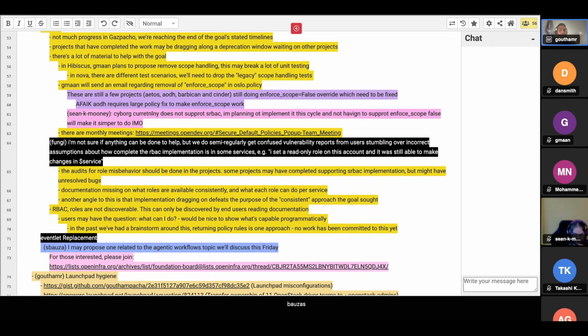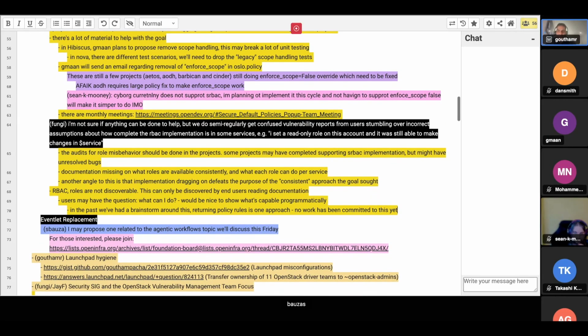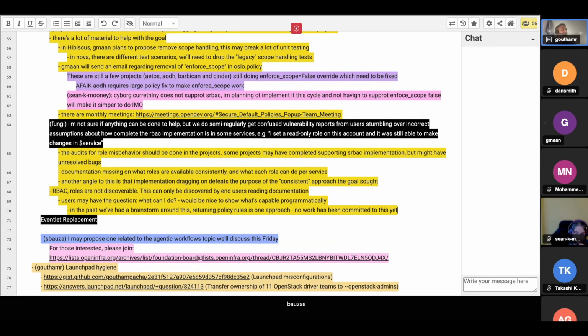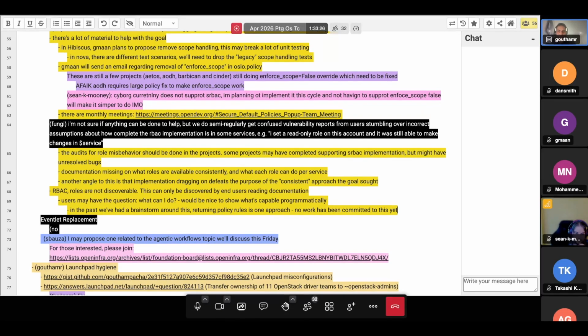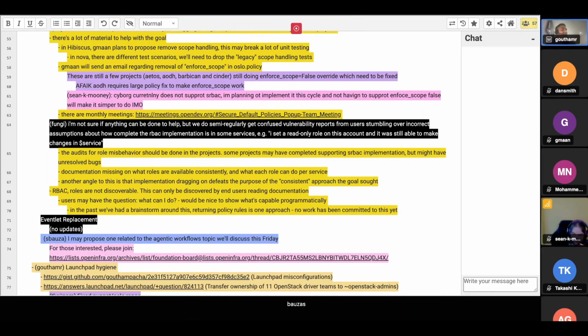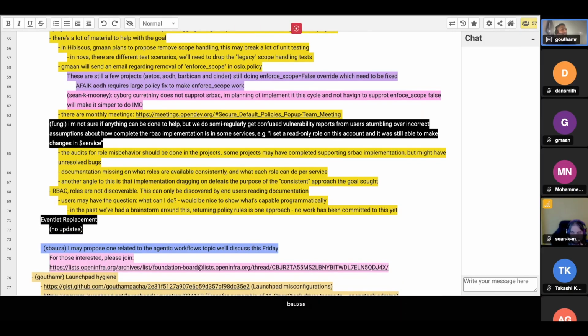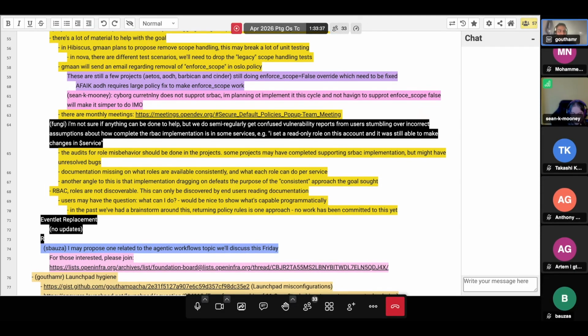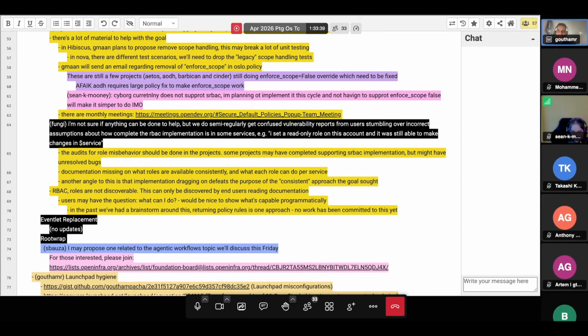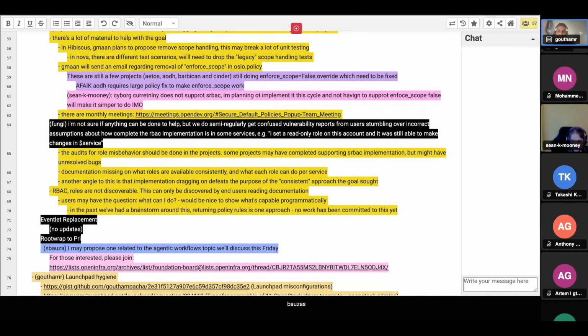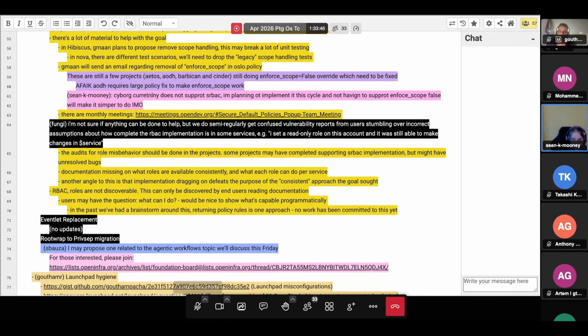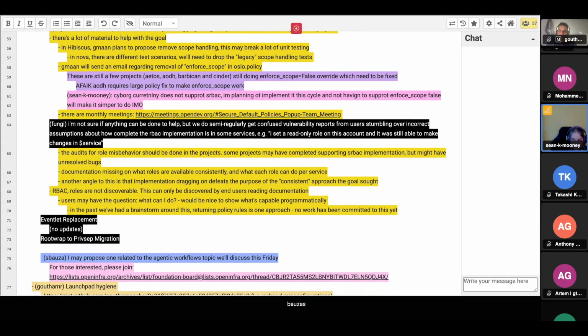If not, I think the other active goal that we have is around rootwrap to PrivSep, and that hasn't gotten any updates in the last cycle, I think. Correct me if I'm wrong, and if project folk know anything about that. That's actually related to the eventlet removal as well, because there was a decision made that rootwrap was not going to be ported to the non-eventlet world.